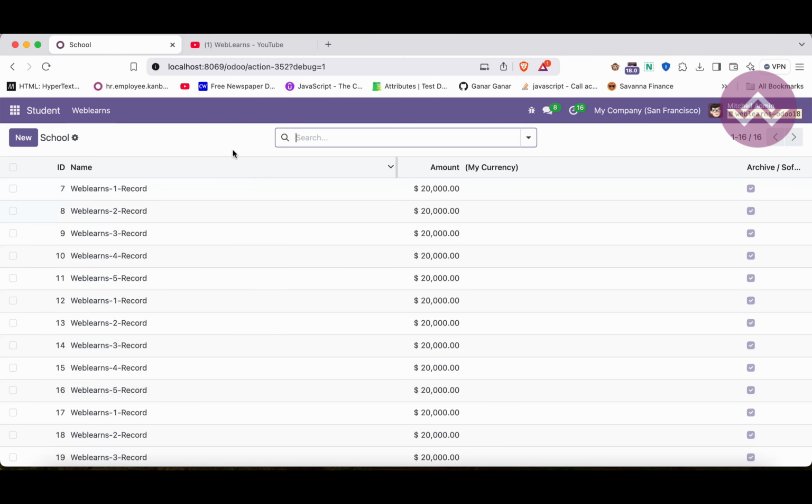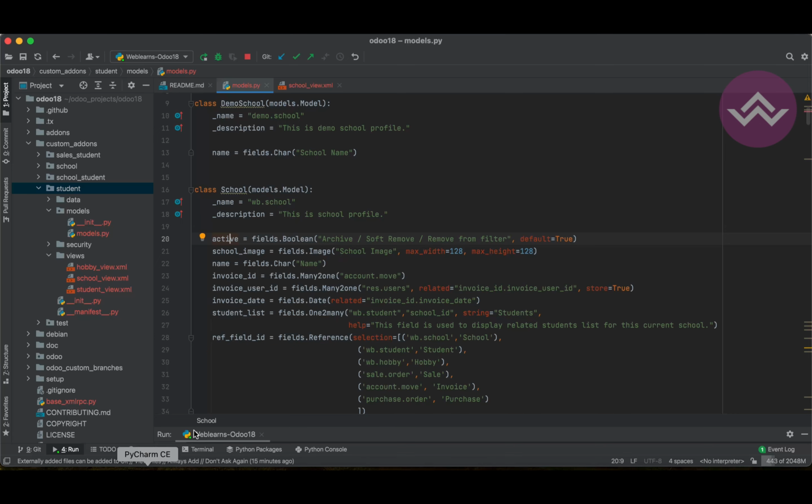search result. And there is one more important thing: while you call the search method, or the search read method, or the read method, in that case records with active equal to false will automatically be excluded from the backend side also, so you don't need to worry about it. So if you search here,